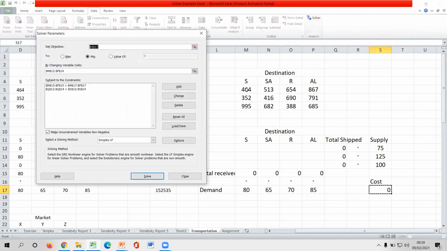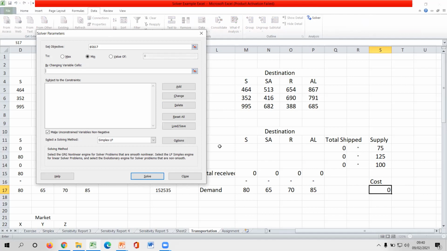You have to insert the Solver. Now you can see I have already calculated this thing, so I have to reset. Right. Now here it is asking what is your set objective. Now you know we need to calculate total transportation cost. Therefore, please select this command cell in here. That is your SUMPRODUCT cell, right? Here you have to select it as not a maximization. Now it is a minimization one. Then here it asks what would be your changing variable cells. That means where your decision making cells are, right?